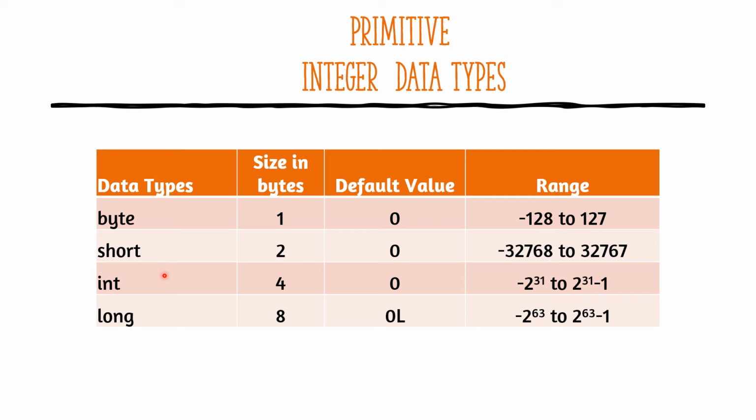No need of a bucket to store just one glass of water. Like that, if you want to store a small value and you declare the variable as int, it will occupy large space. There is no need of that. We can declare the small value as byte b. So that is why we are having different data types.